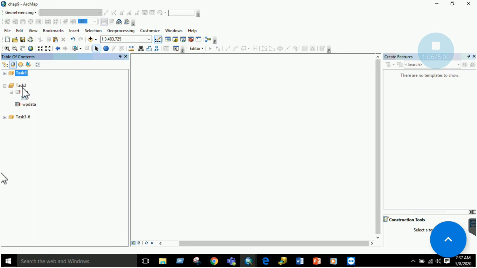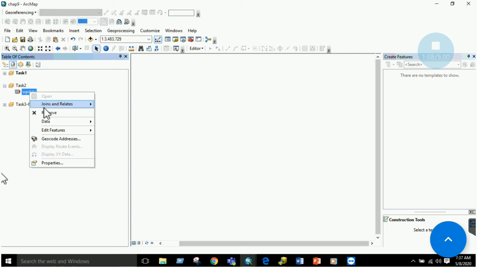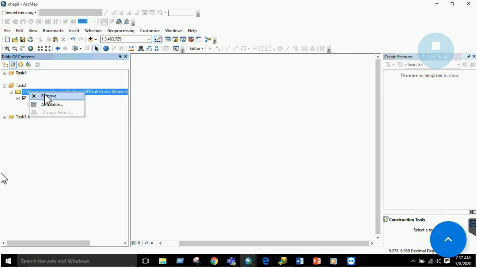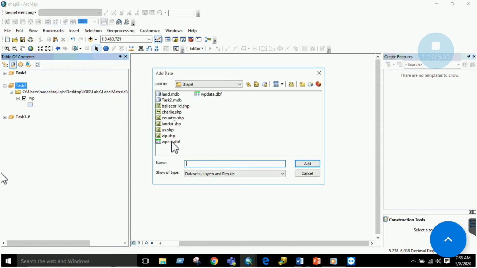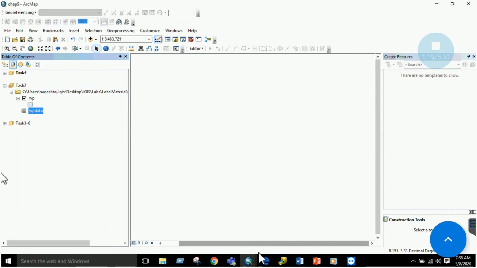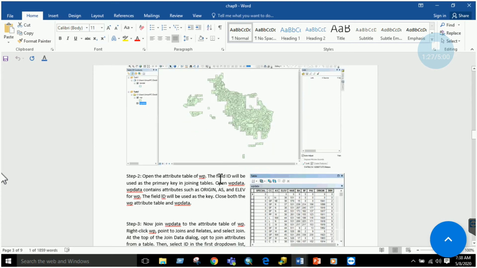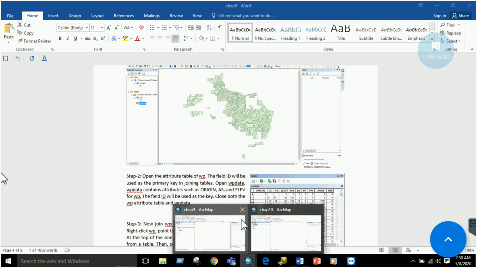In task 2, just remove these layers and edit them again. You have to add the data, that is wp.shp, and the second thing you have to do is add data, that is wp data.dbf, right? Once you have these two files added, the next thing is to view how they look.